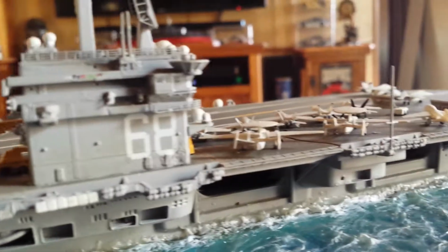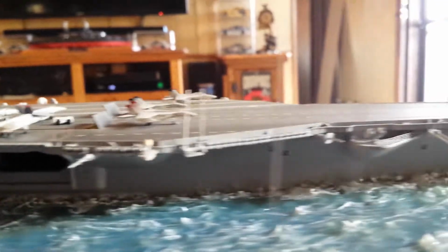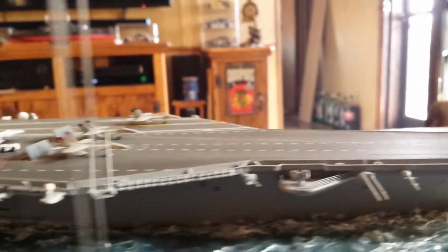There's numerous. The antennas are the kit supplied plastic ones. The photo etch ones were pretty much flat, so they didn't really look three-dimensional. So I did use the kit supplied antennas and all that. It's got a detailed